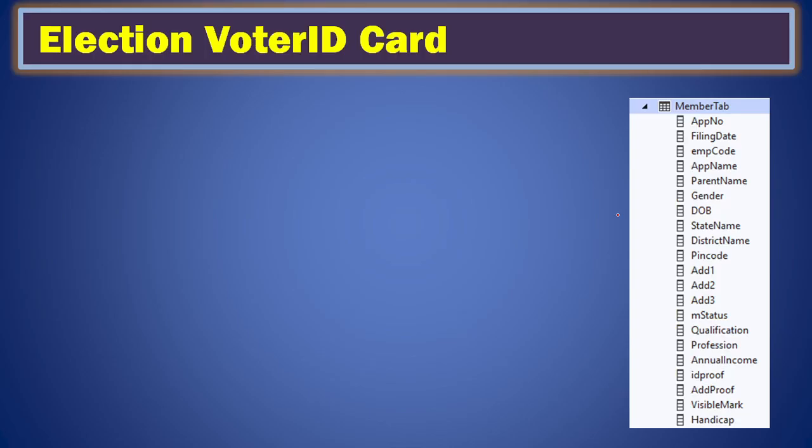So what do you have to understand from this project? How do we do this? In order to do this project, you have to create all the tables first. I already showed the tables. Once your tables are ready, you can design the project. Basically, this project is for voter ID cards. So here is a system. This is the office where you can take the voter ID card registrations. So this is the voter ID card.